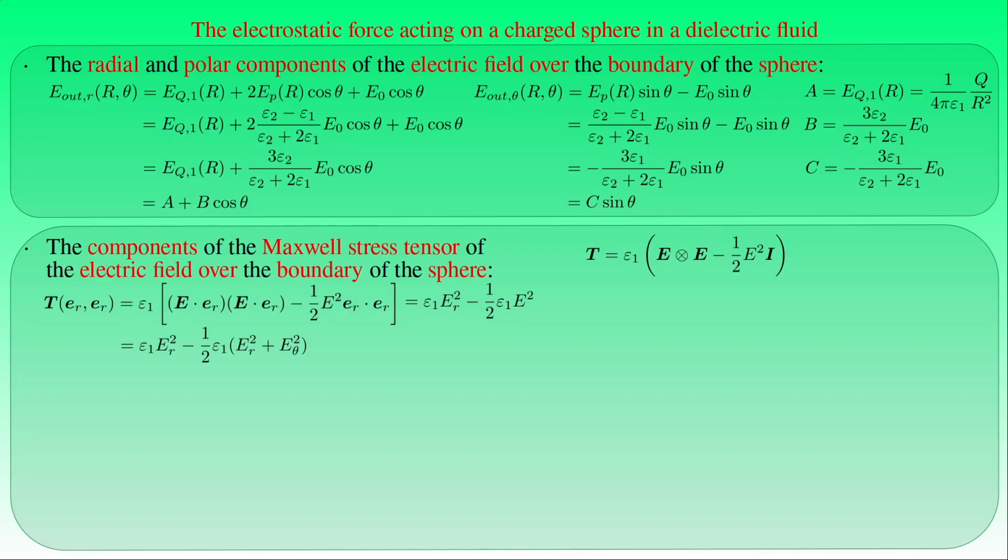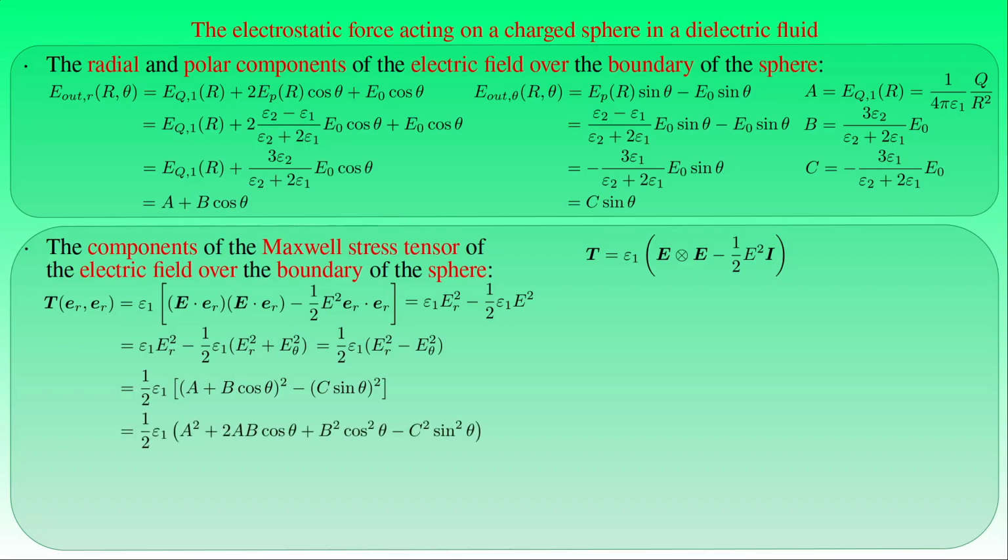As a result, we obtain 1 over 2 times epsilon 1, times the difference between E_R squared and E_theta squared. Now we can substitute the expressions obtained for the radial and polar components of the field strength E outside the sphere into the right-hand side of this equation. By expanding the terms in the parentheses we can write the pure radial component of the Maxwell stress tensor T